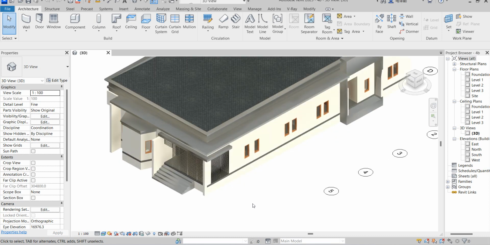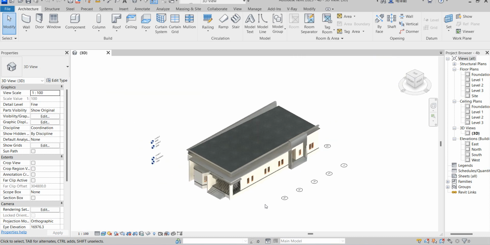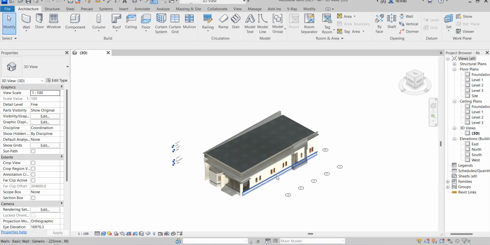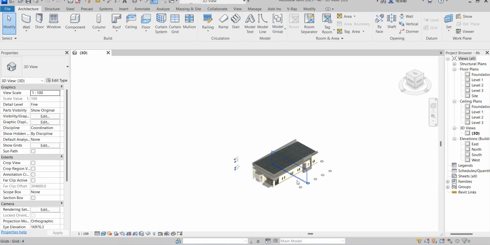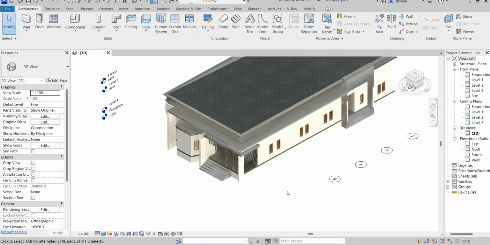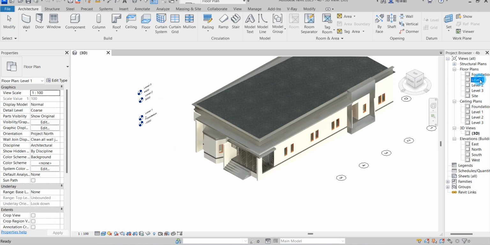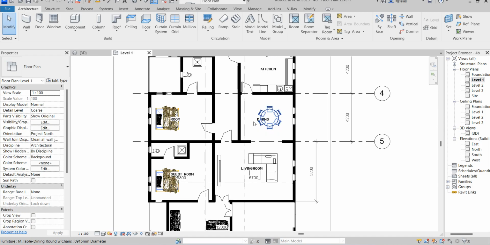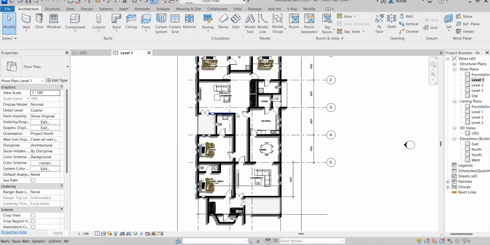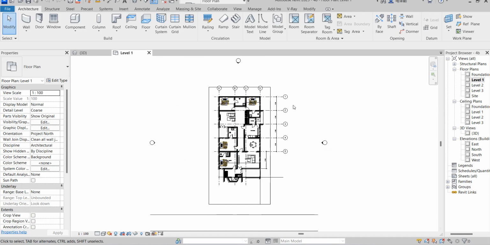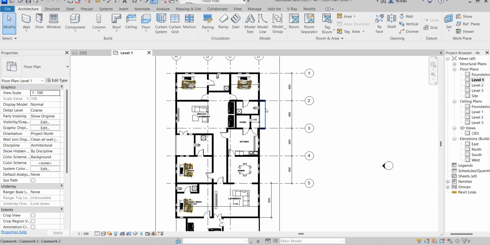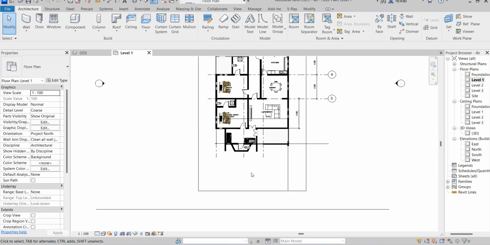US architects. This is a 4-bedroom and suite that we are working on, an IBC compliant permit 2021. So this is the floor plan that we have created so far. If you are joining for the first time, this is how far we have gone on this particular level. So in the next one,